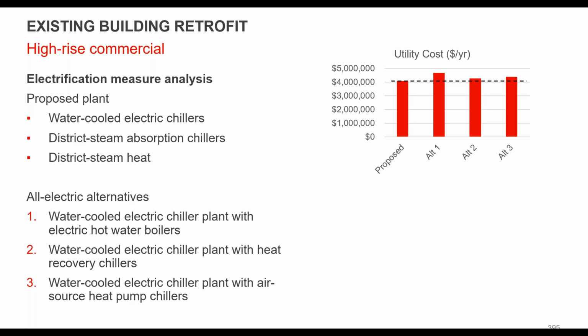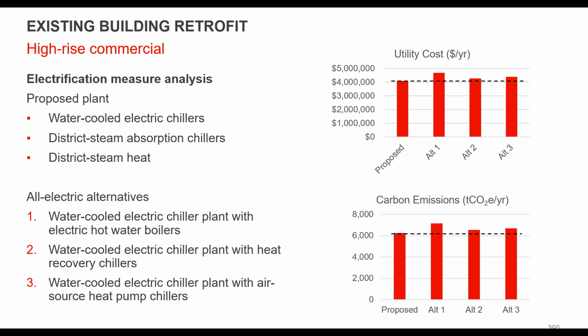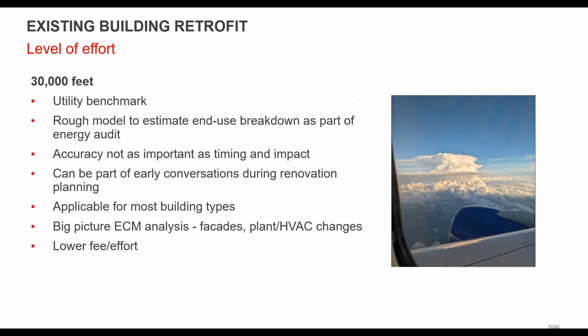So we did get a cost consultant involved at this point to look at the variation in price on alts 1, 2, and 3, just to see the difference. We ran scenarios in terms of carbon emissions, and obviously number 1 with the electric boiler was not a good choice. And the other 2 showed an increase just because electric still has a slightly higher emission rate compared to the district steam system. Stepping back, so that's the end of that one.